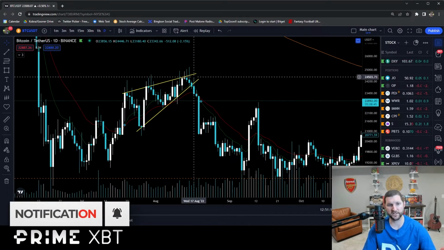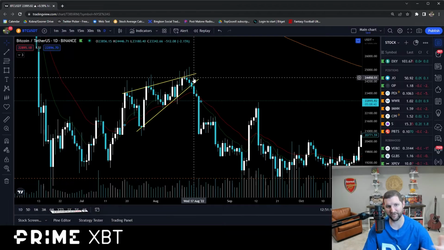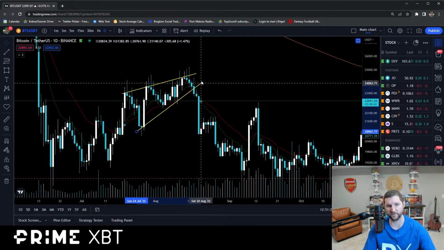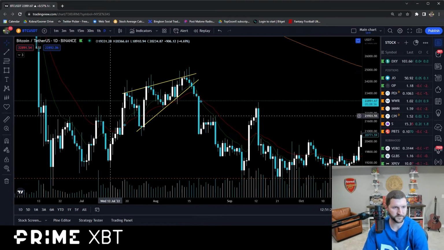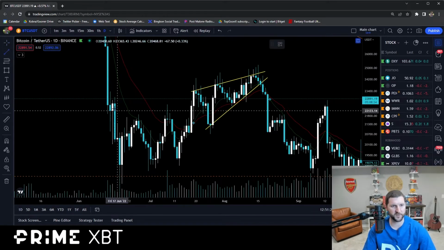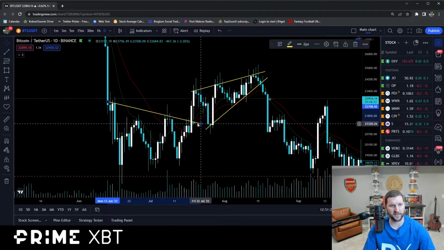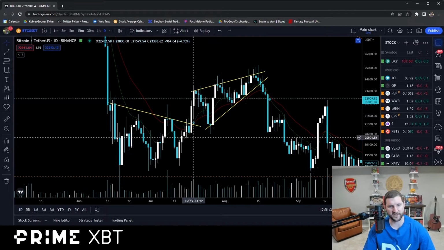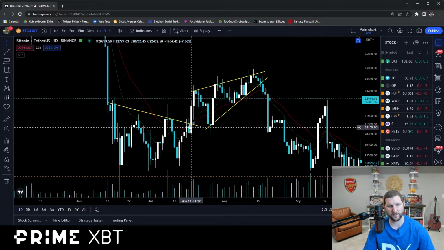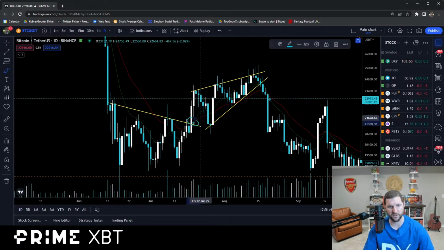Because realistically, if this goes any higher here, it would be invalidated on both levels, but I'm getting very close invalidation on this rejection. All right, here's another quick example. I would draw it just like this. I'm going to go through this body here and through this body, and you can see I've got multiple rejections here. And I get one close above, I get almost a retest, which retests my EMAs as well, and